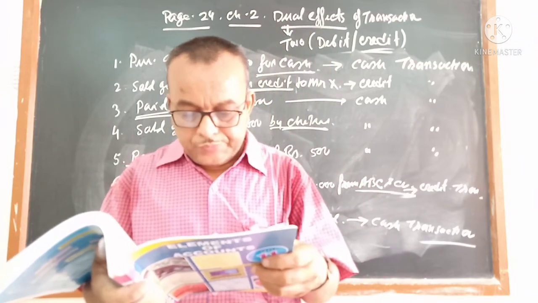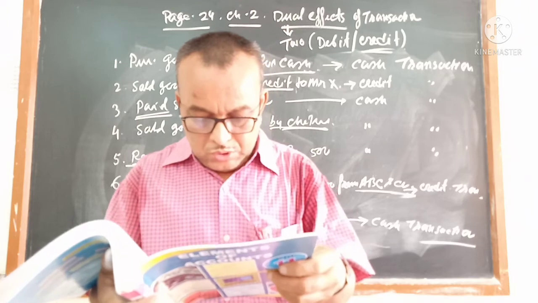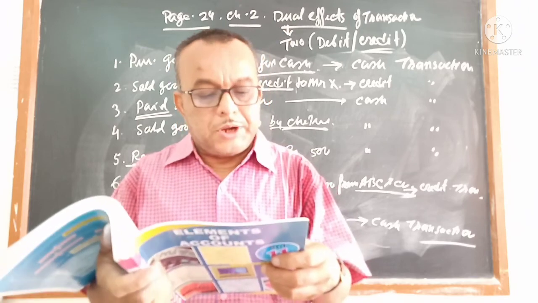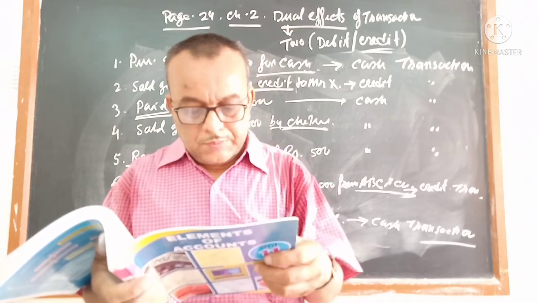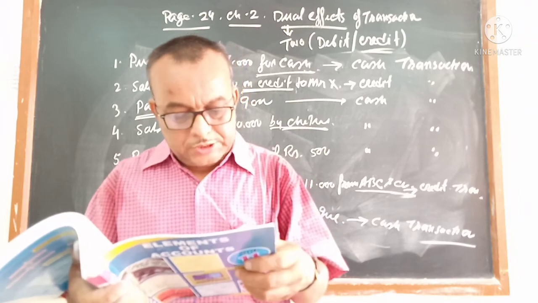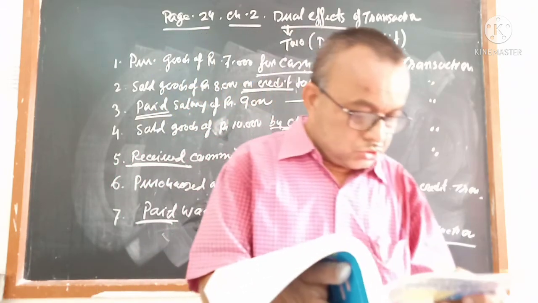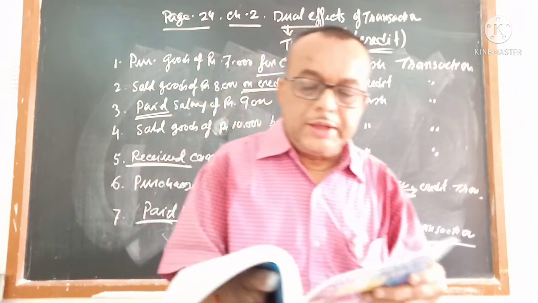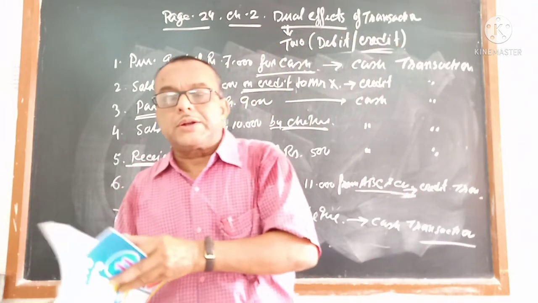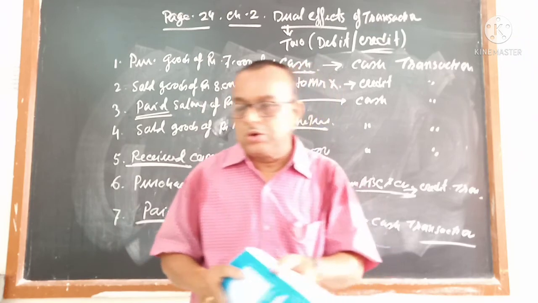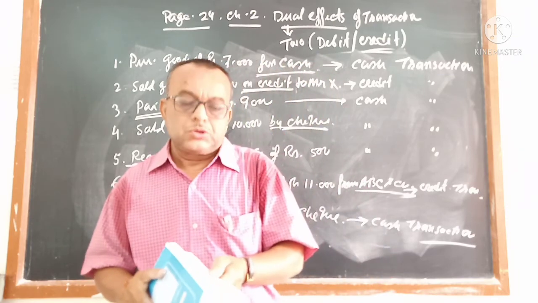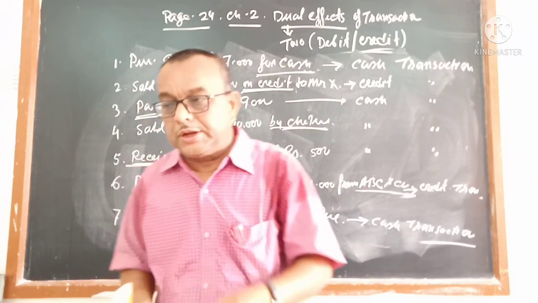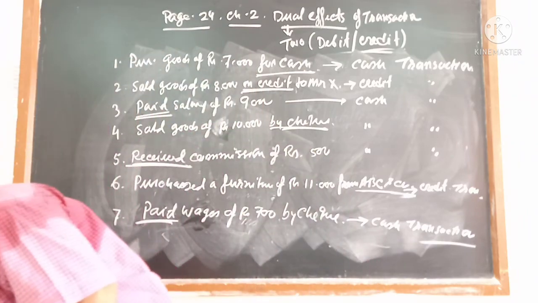So out of this sheet, you got two credit transactions, that is point number 8 and point number 3. Two credit transactions, and point number 7 is a non-economic transaction and the remaining are all cash transactions. Like that, make practice of a few transactions, then in the next video we will see how to find out the dual effect. So cash transactions and credit transactions are the most important points.